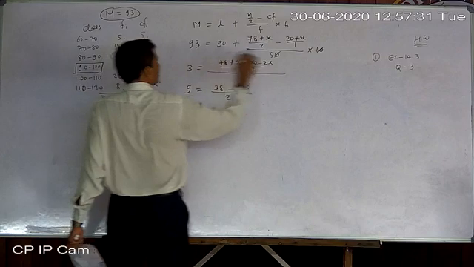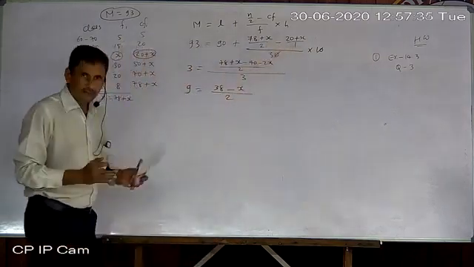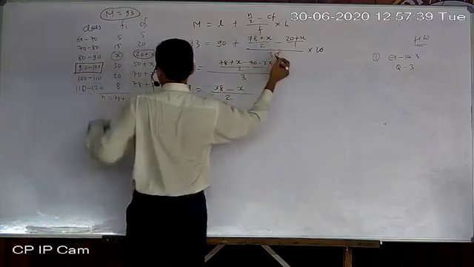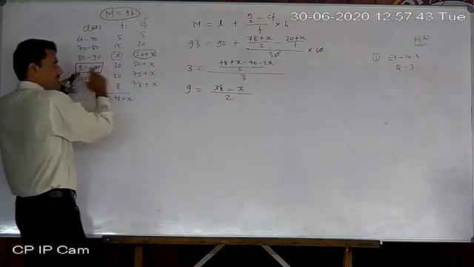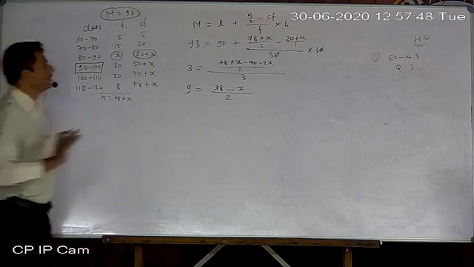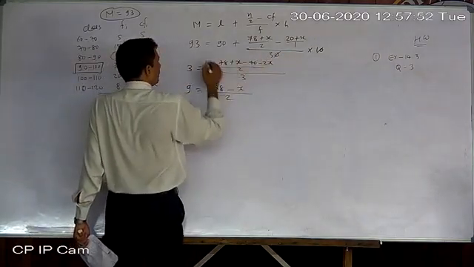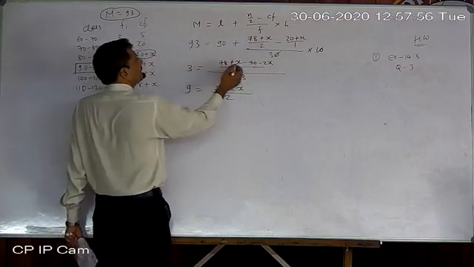CF is 20 by x. I wrote it upon 1. Why? Because if one fraction is there, convert the other one also in the same form. Now x value is 30. Why it is 30 you know, and this is 10. Why? Class size, the difference of both boundaries, is 10. Now just simplify, this cancellation is possible. Now 90 is shifted towards the left side, so 3 is left here.